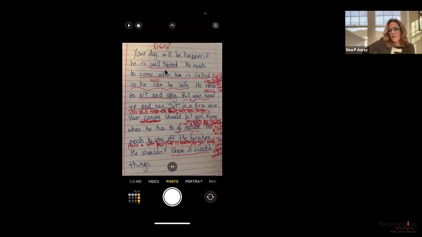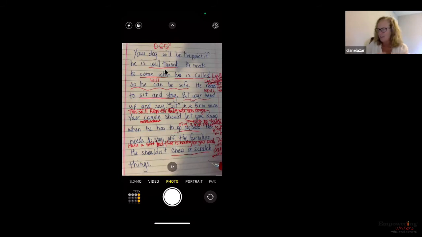And Crystal offers an alternative. He can be encouraged to stay off the furniture with a spray bottle. Well, that's a good one. I love it. This will help keep him off the furniture, but close to the family. We can even go on. Another, right? I can keep going. Another alternative is, and I would write the spray bottle. That's what it looks like.